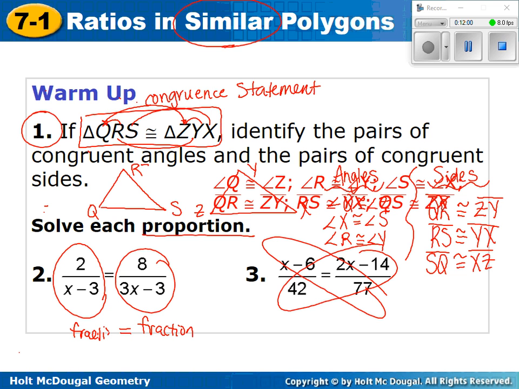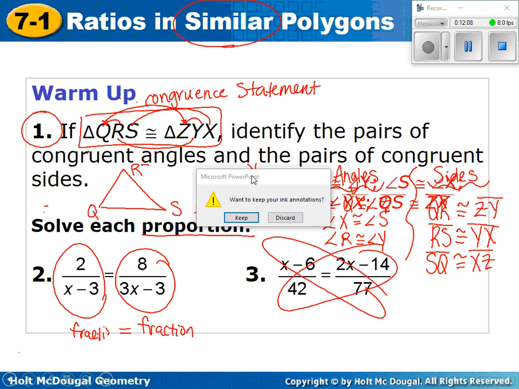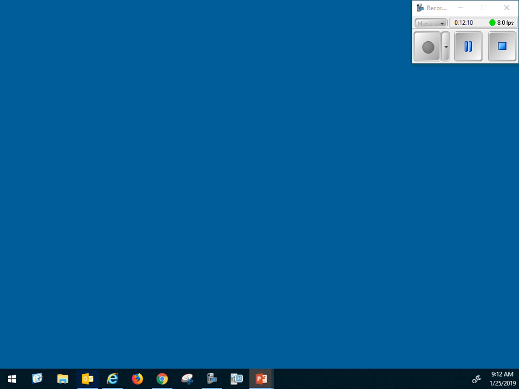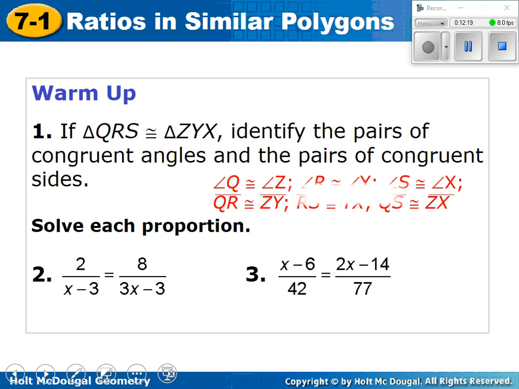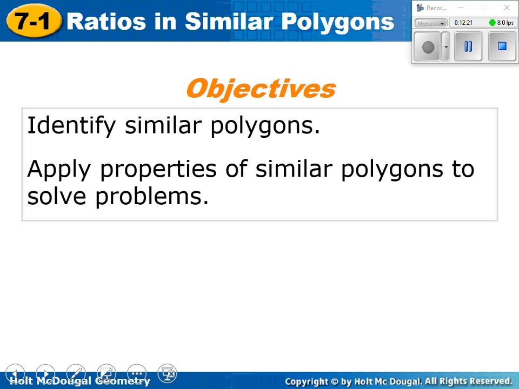Cross multiplying. I'm going to have to fix this. Give me just a second. Talk amongst yourselves. Okay. Okay, we're good. Back in action. So,